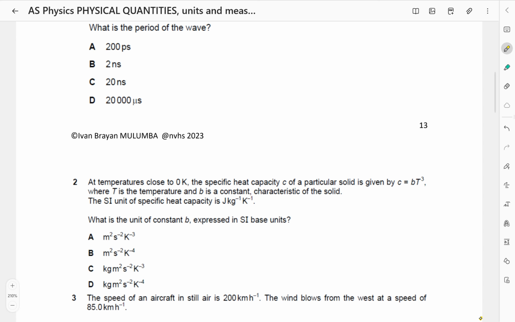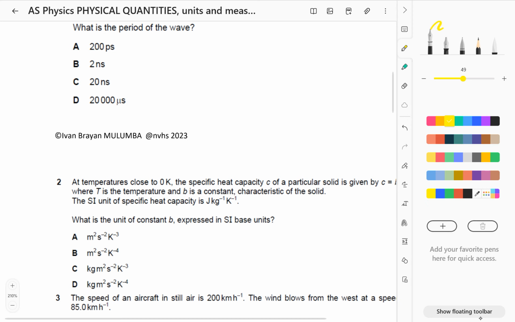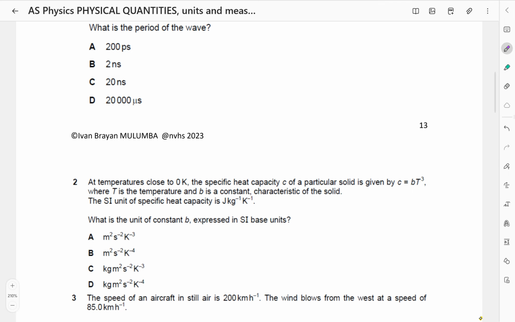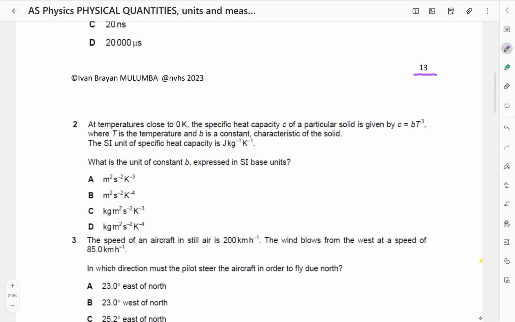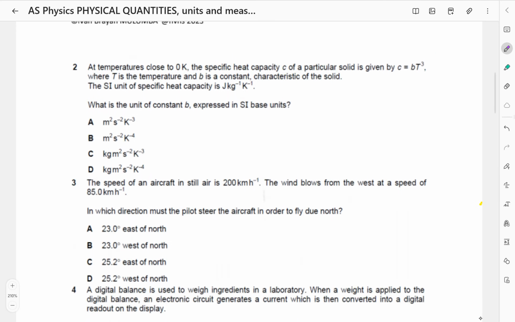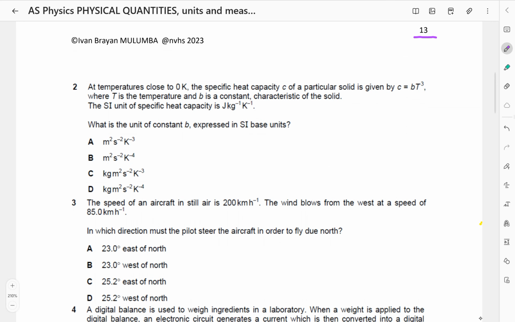IBM is here with another episode of Learning Physics, and today I want to take you to part 3 of physical quantities, units and measurement techniques. In part 2 we stopped on page 13, and I want us to move to page 14. Let me reduce this thickness. Around 15, 16 is enough. Okay, so on page 14, at temperature close to